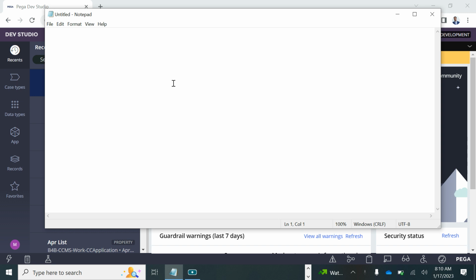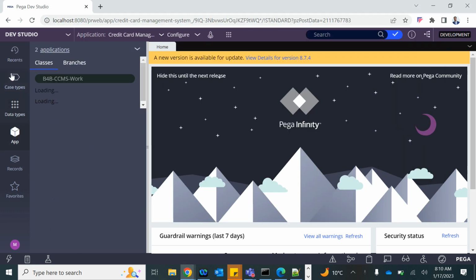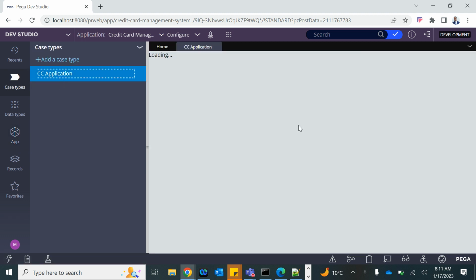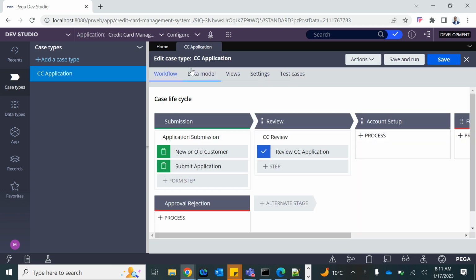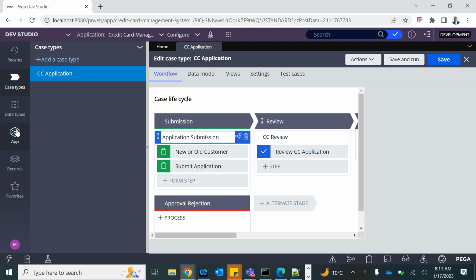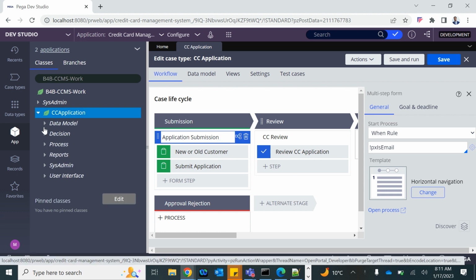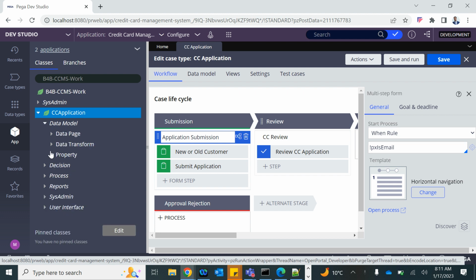Okay, guys. So far, what we have been doing is we have created a case type, right? In the case type, we are asking the users to enter details like customer detail, address, employment detail, and we are storing them as a part of the case that is being stored into the case blob, because we are storing the customer information, the employment, the address information, everything into